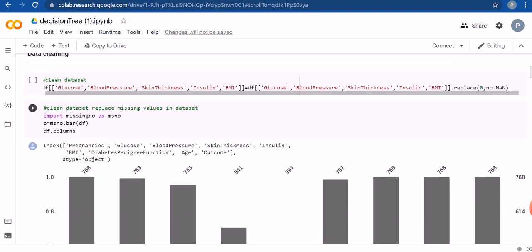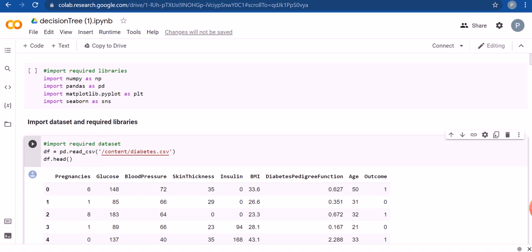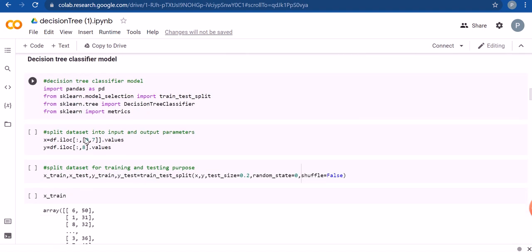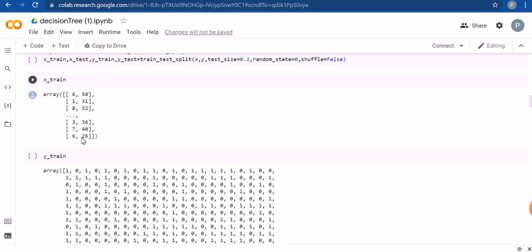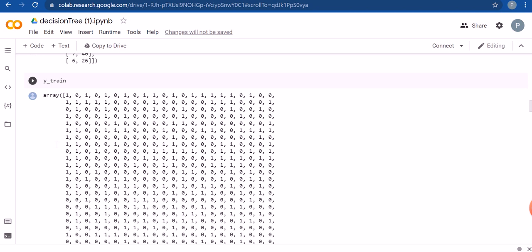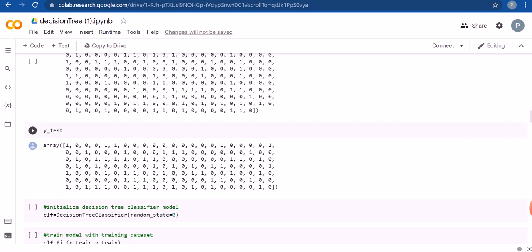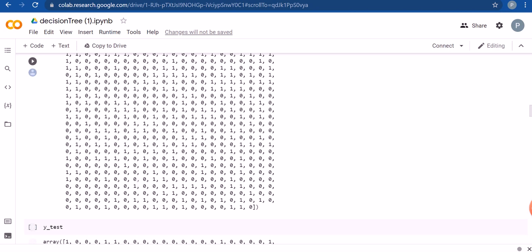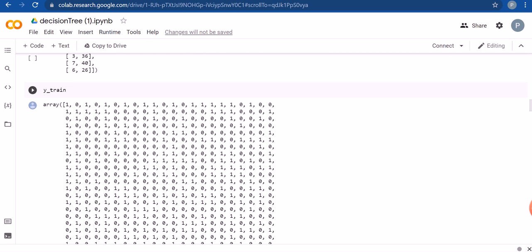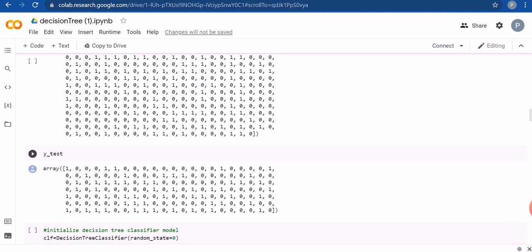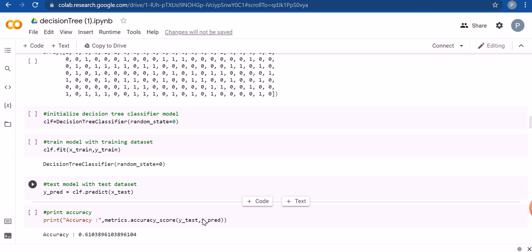So for X train as well, we took the columns numbered from 0 to 7. That is, we took 8 columns for X train, due to which it has this many values. Now the Y test contains the 20%, and you can see here clearly that 80% of the data is kept for training and just 20% of the data is kept for testing.